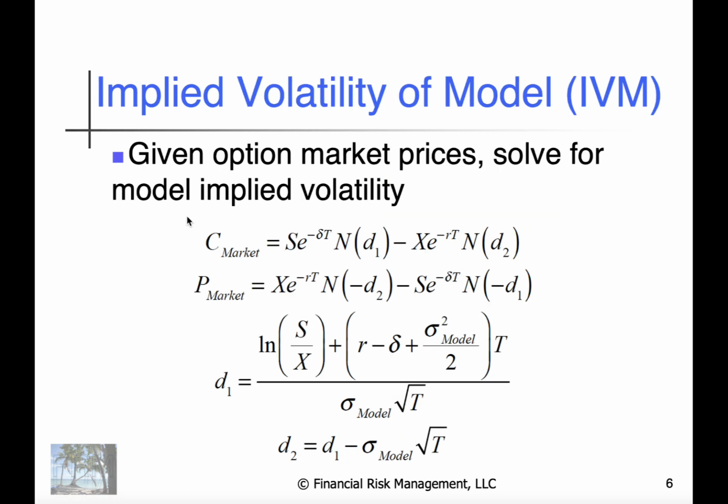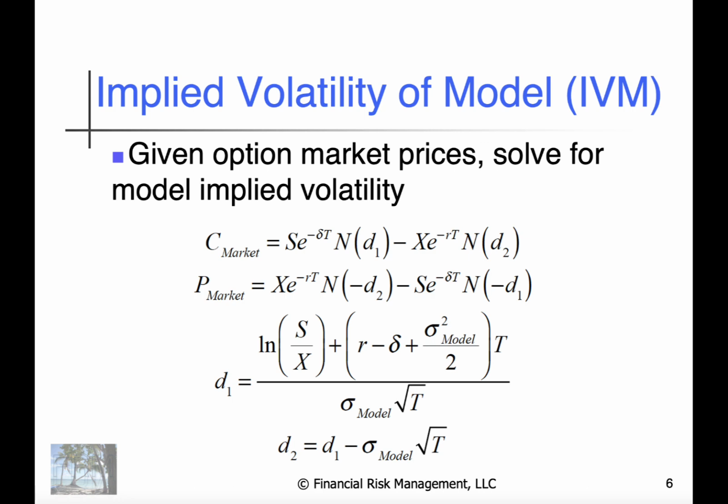And so the way this works is we have the call and put market prices, we have the other remaining parameters, and we solve for the implied volatility of the model. And so IVM is the implied volatility of the model. Clearly, if we use different models, we'll get different implied volatilities. And therefore, it's important to know, when you're receiving implied volatility information, which model was used in generating